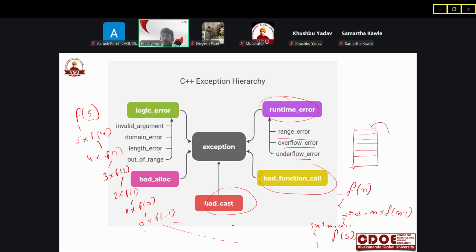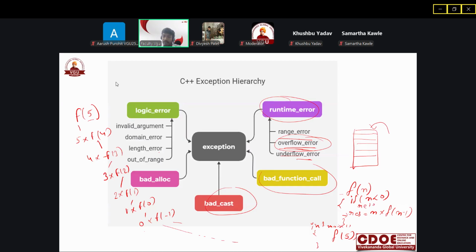So the stack frame allocation will not be known to us. After a certain time the stack will be full, and it will give the overflow condition error. That's why we have to write an elimination condition here, that is, if n is less than 1, then we have to return from here.